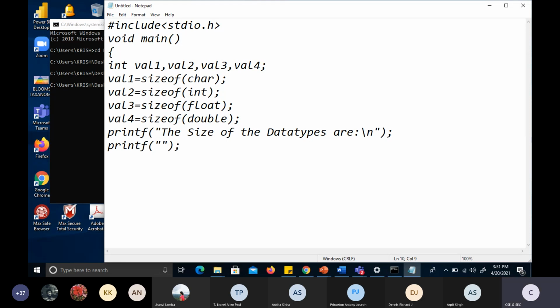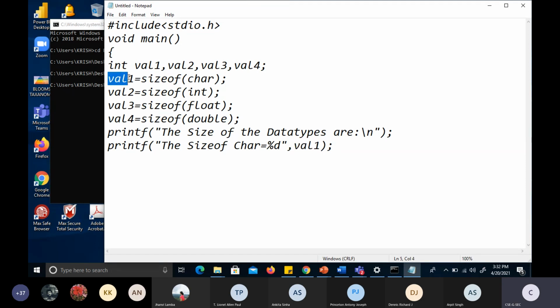Then we need to specify what value is for what. So I'm writing: the size of char is equal to %d, val1. What is the meaning of it? The value of this one is taken.